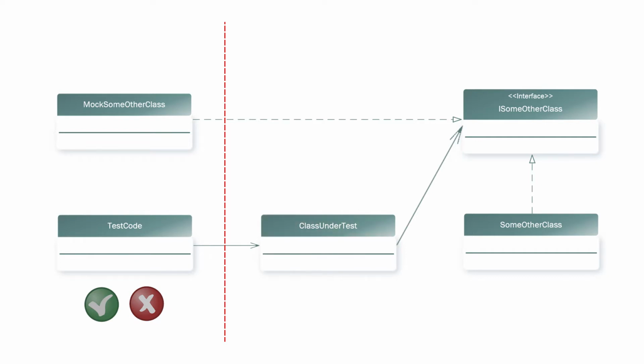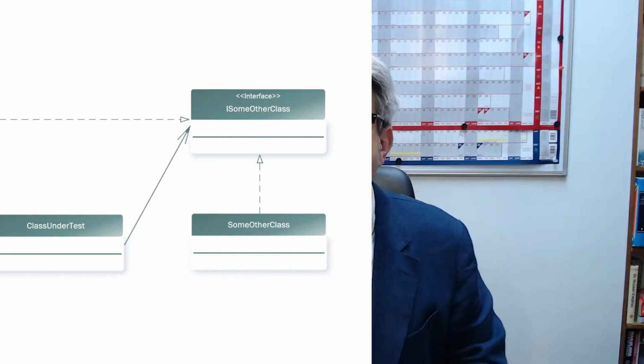The problem with this, however, is that if the methods that we're dealing with in some other class are static, which is going to be the case with extension methods, which have to be static, but that means this problem also applies and the solution also applies with any kind of static method. If they're static, they can't be defined in an interface, and if you've got a static class, it can't be injected into the class under test using dependency injection or any other method like that. And in fact, this is one reason why we tend to try to avoid static methods if there is an alternative solution, because they are hard to test.